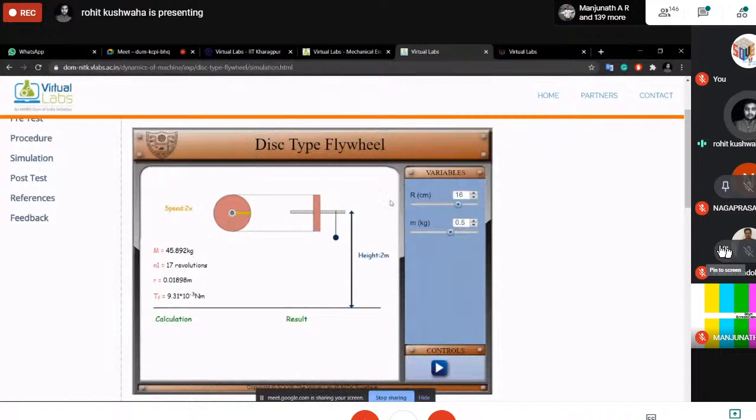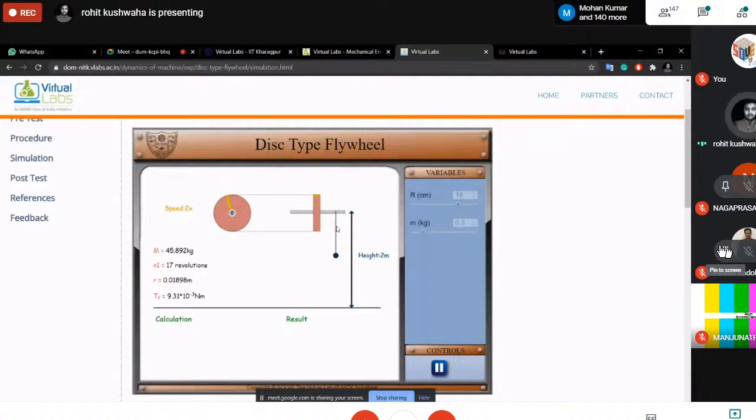These two are the only variables, that is radius and the mass, all others are constant, and the height of this free falling body is 2 meters from the axis. So once we play,